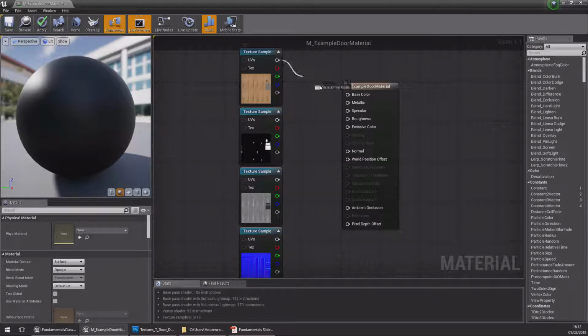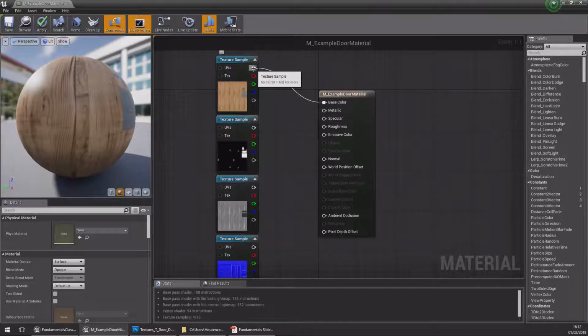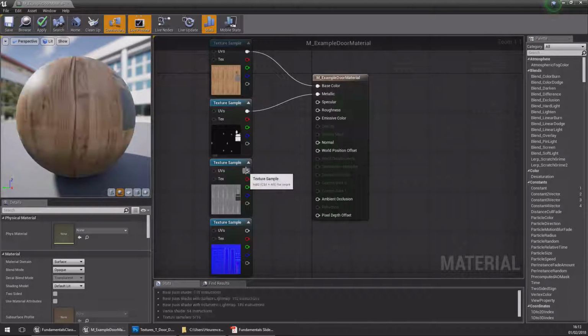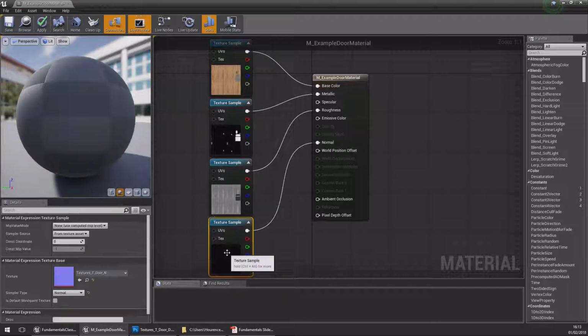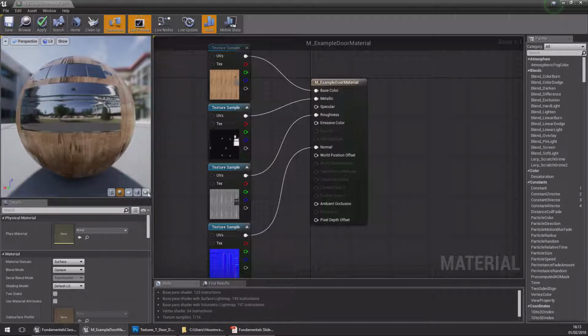Now the diffuse is going to connect to base color. So I'm going to take the top right color output on the right side. This outputs all the colors together, red, green and blue, and alpha. Actually red, green and blue without alpha, sorry. But it takes all of them together and connects to base color. Then this one connects to metallic. This connects to roughness. And normal is connected to the normal map at the bottom, and we end up with this. And you can see already here